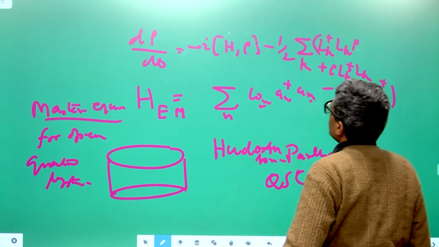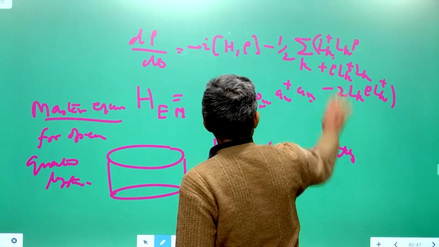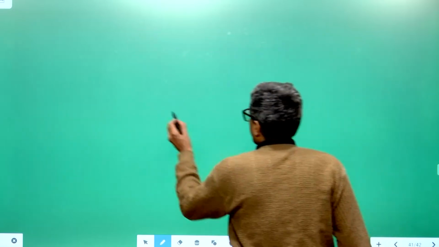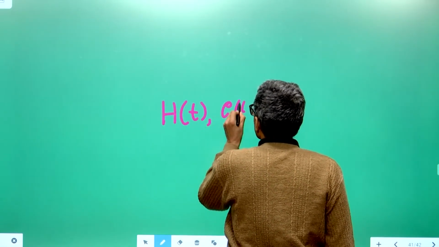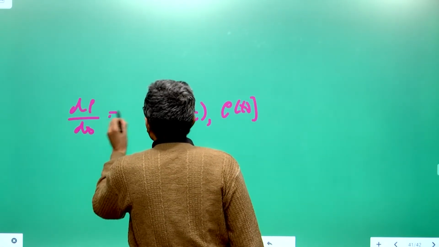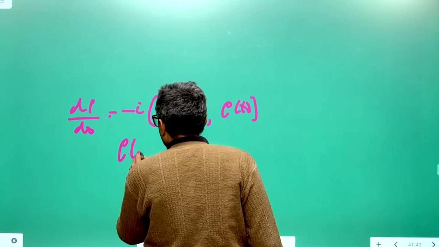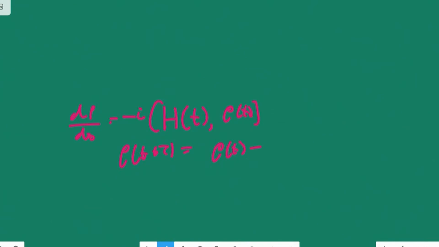So this is a linear equation in rho, where rho is now a density matrix, and this can be obtained by considering a Hamiltonian equation of the form of a random Hamiltonian H(t), with the rate of change of the density given by minus i [H(t), rho(t)]. So rho at t plus tau, if tau is very small, is approximately rho of t minus i times the integral from t to t plus tau of [H(s), rho(s)] ds, and this can be further